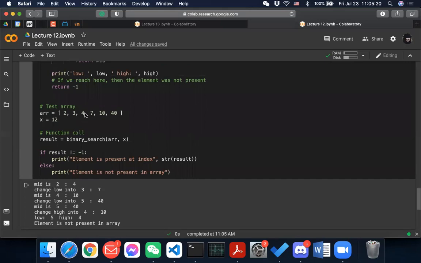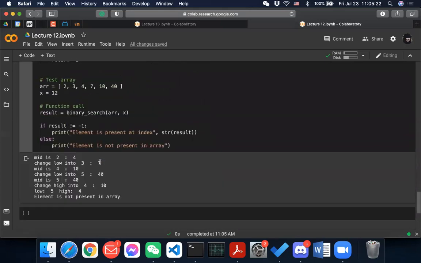So this is the step. This step is the same. So you go to 4, right? Mid is 2. You go to 4, and then you just ignore the left half and do the right half, right? And then you find this index is 10, right? And then you just change low into 5, which is 40. Okay. And then what happened is that